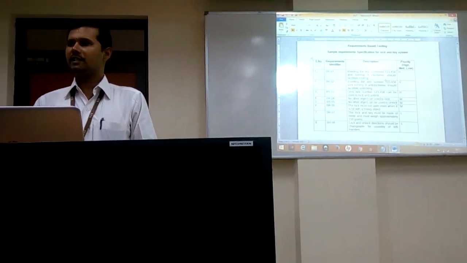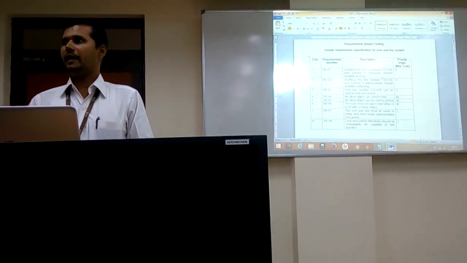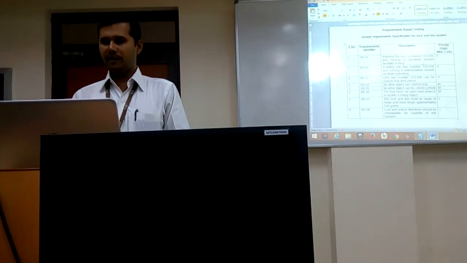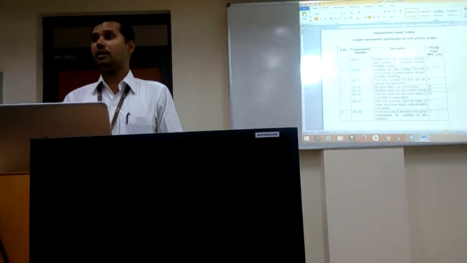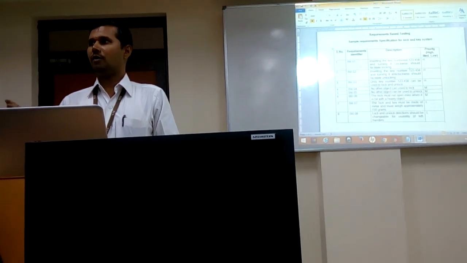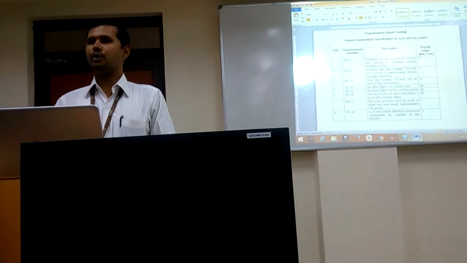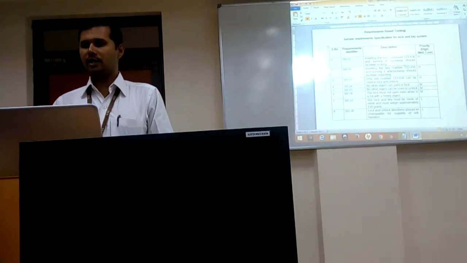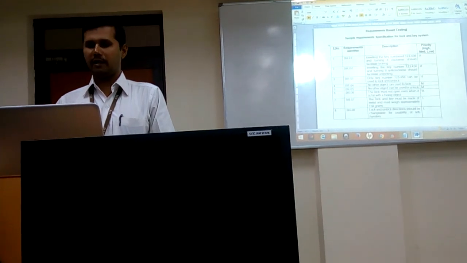And then the next one is similarly for unlocking, right? So you should not use any other object for unlocking the key. Again, it is a medium requirement. And then the third one, sometimes you may hit with a hammer to open the lock. So ensure that it does not open. That is the 6th requirement. It also comes under the medium category.